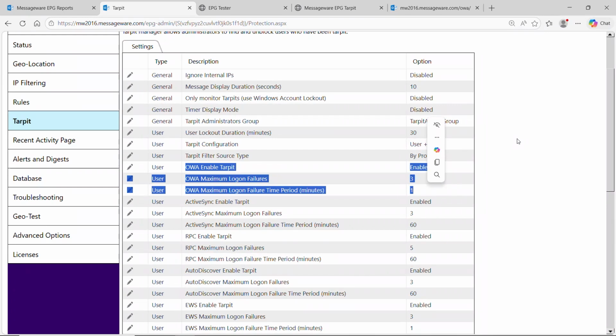The way it works is pretty simple. If EPG detects a large number of password failures coming from a given source in a short period of time, it simply freezes that source and does not allow any more authentication attempts or password guessing. On this demonstration server, for example, for the OWA protocol, it will freeze any incoming authentication activity from the source if there are 3 password failures in 1 minute or less, and you can see those settings highlighted here. By a source, I mean the combination of a username, IP address, and a protocol. Those are all put together so that rapid password failures freeze that incoming entity and not the real user. And keep in mind that we are not locking the Microsoft Active Directory user account. We are using our own independent lockout to prevent that from happening.